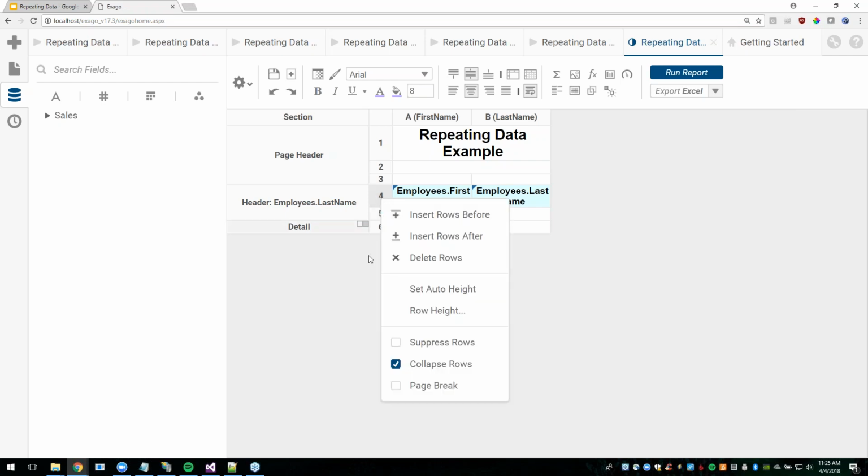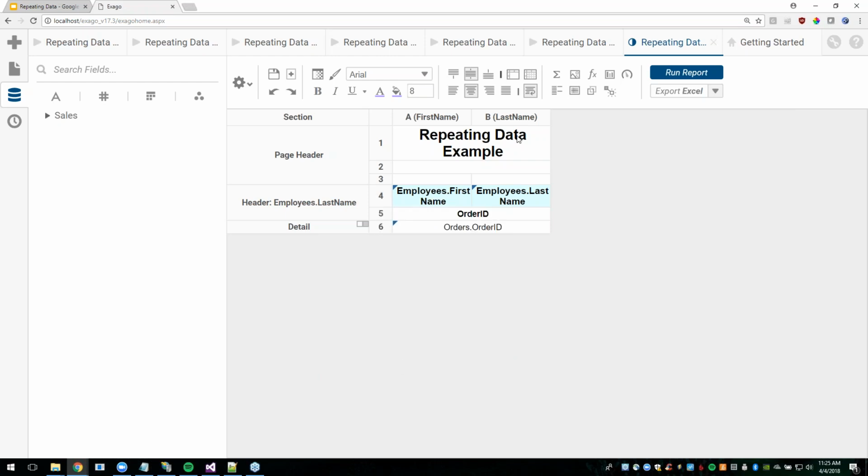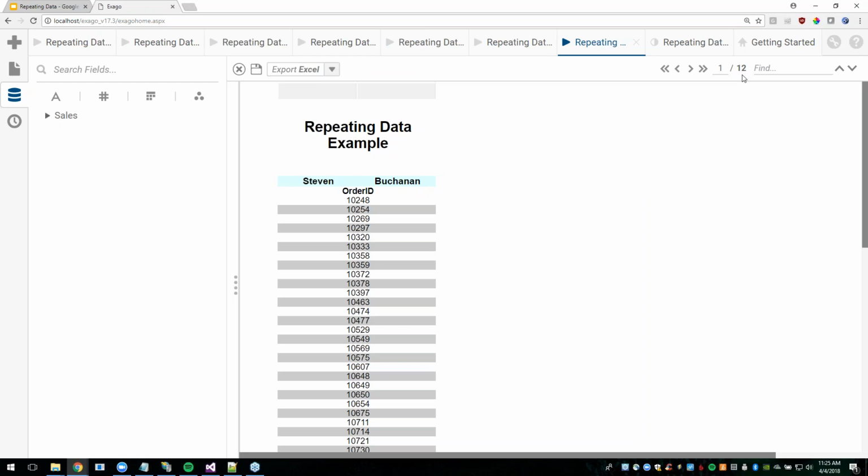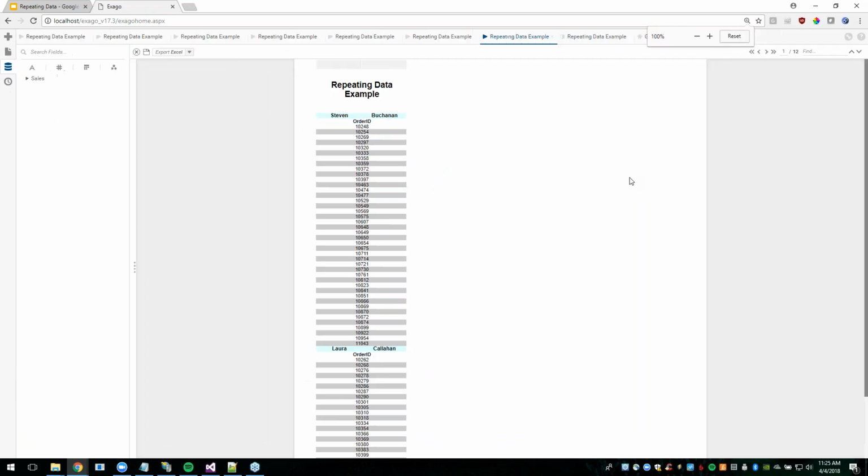And so if I click on this row, we're going to notice that down near our suppress and page break options, this is where that collapse rows comes into play as well. So if I were to uncheck that and we executed the report again, we would see, once again, 12 pages of information. And I'm going to zoom back out for just a second here. And so, maybe not as clean as using that collapse groups option, but we still have alleviated that repeating information